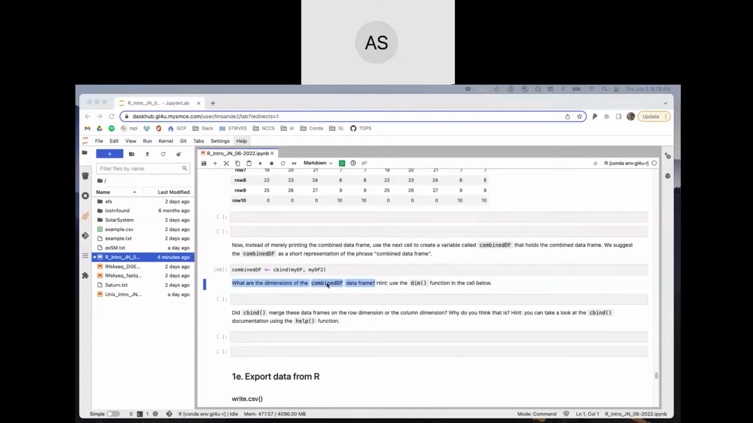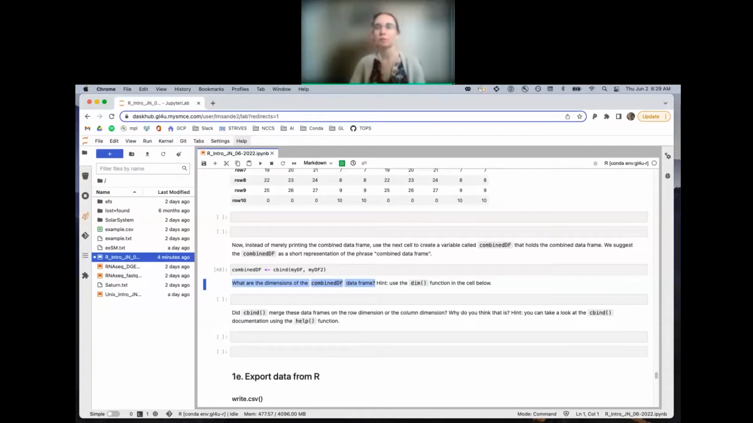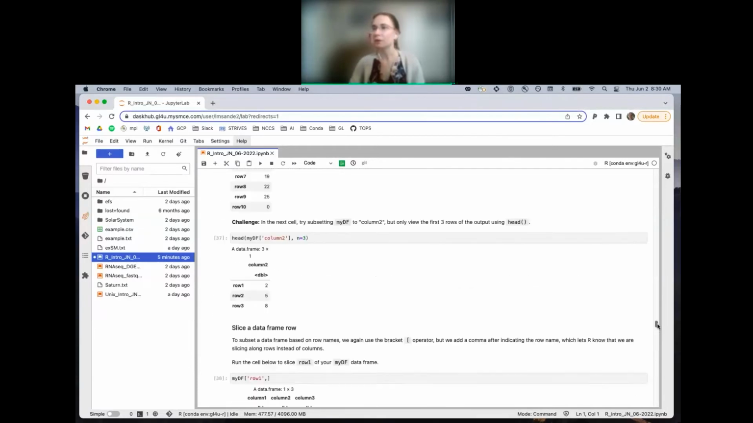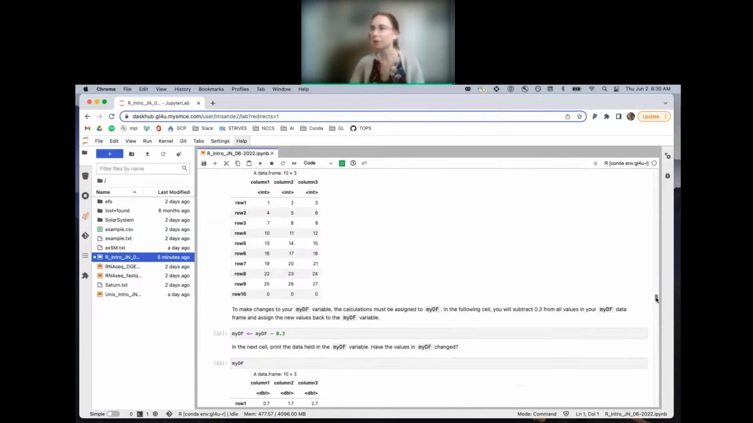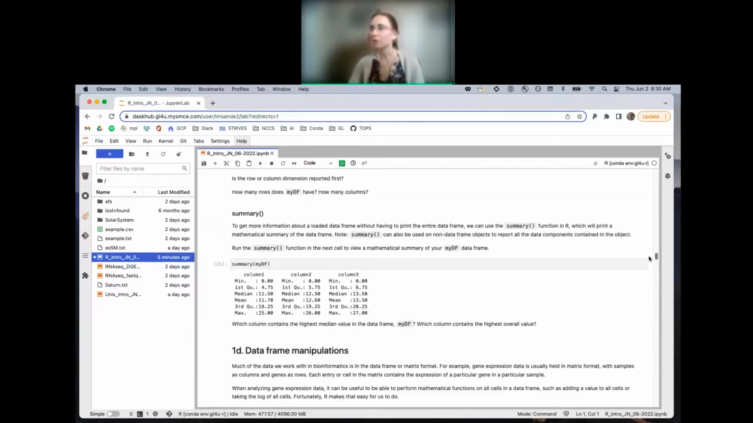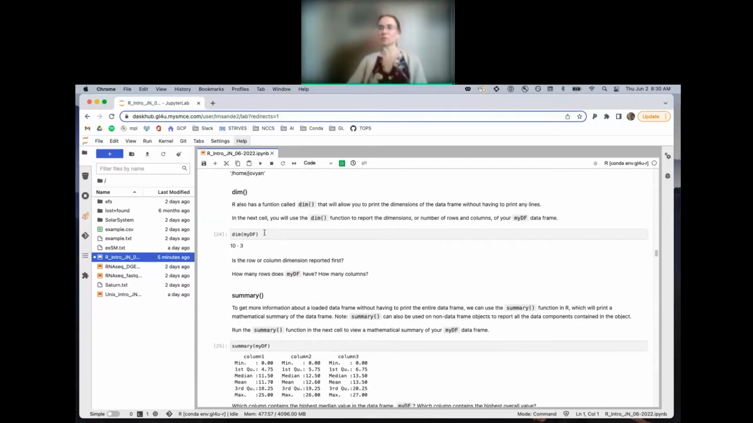All right. I see several people still need to fill out the poll. So we want to use the function dim to check the dimensions of the combined DF data frame. Remember we used dim a little while ago. If I scroll back up here, dim was one of the ways we could assess what's going on in a data frame without actually printing it out. So remember, all you have to do is run the function